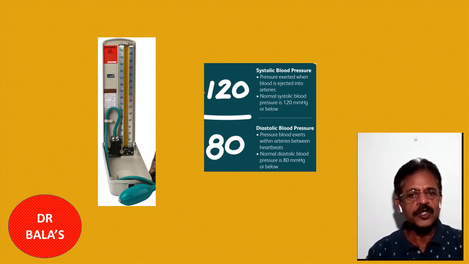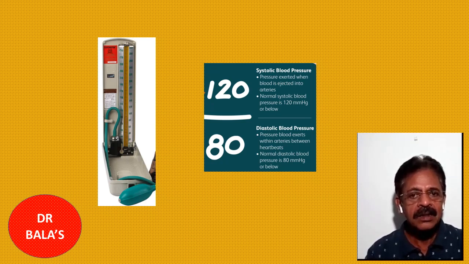The 120 millimeter systolic pressure is nothing but the pressure you measure during the contraction of the heart, or pumping, or ejection. The blood is ejected, and when the blood is coming out from the heart into the blood vessel, you measure the pressure. That is called systolic pressure, that is 120 millimeters of mercury. When the heart expands or relaxes or dilates to receive the blood, at that time if you measure the pressure, it should be around 80 millimeters of mercury.